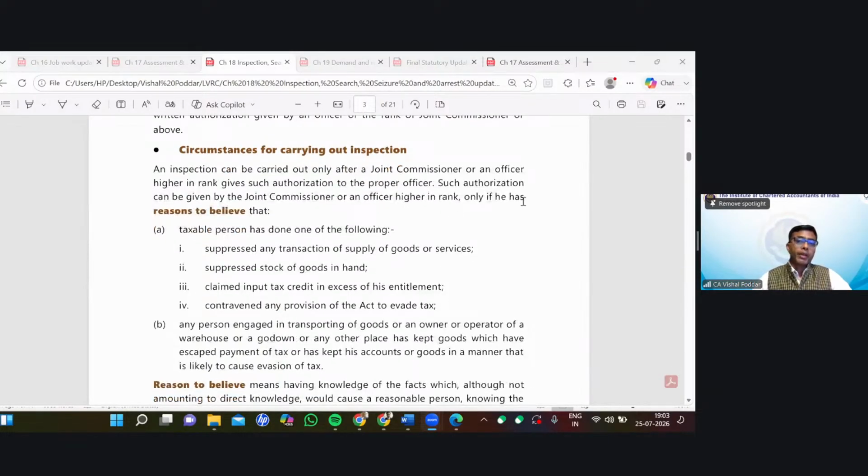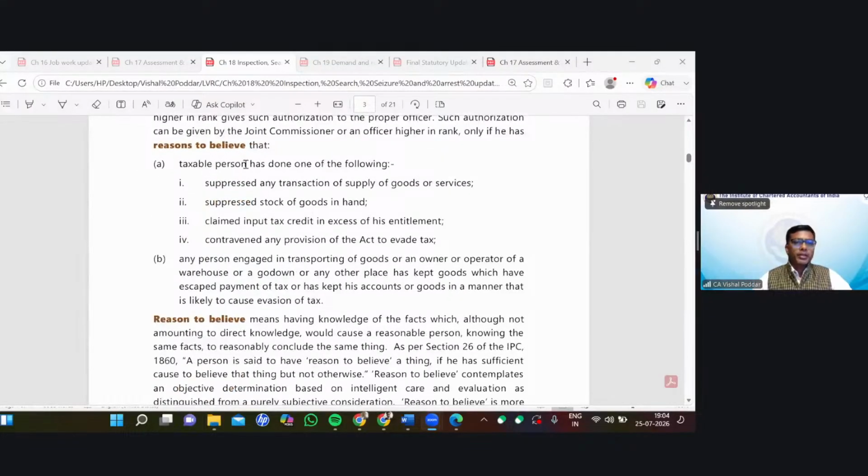But when does that officer have reasons to believe what? That the taxpayer has done one of the following acts. First, suppressed any transaction of supply. Now you understand what is suppression. So you have made 100 transactions, but you are reporting only 60 to the government, 40 you are suppressing. Second, you have